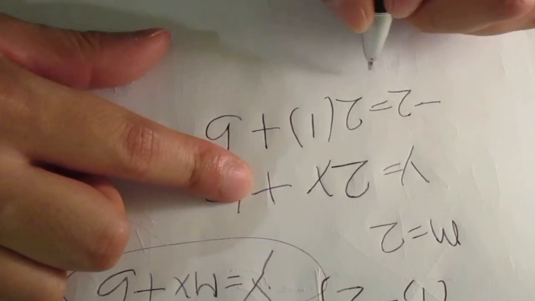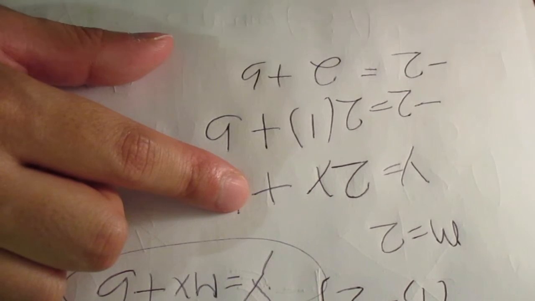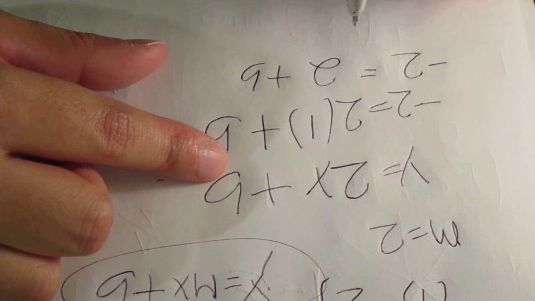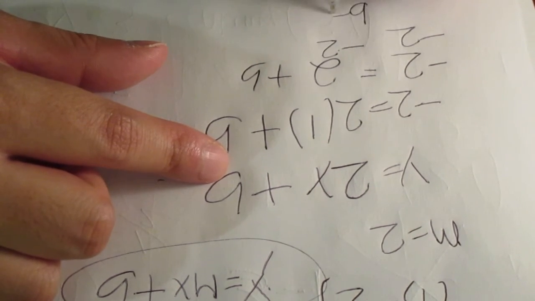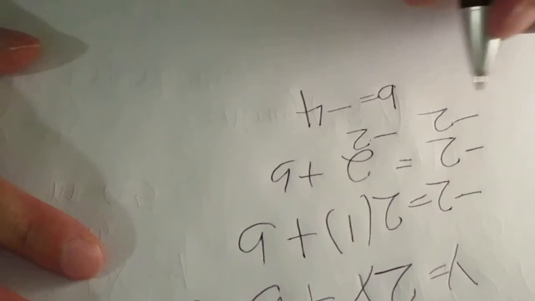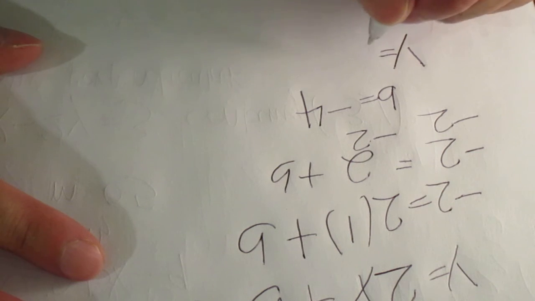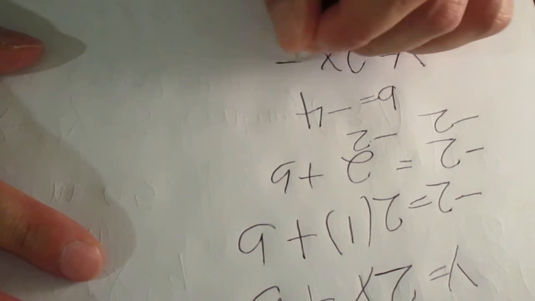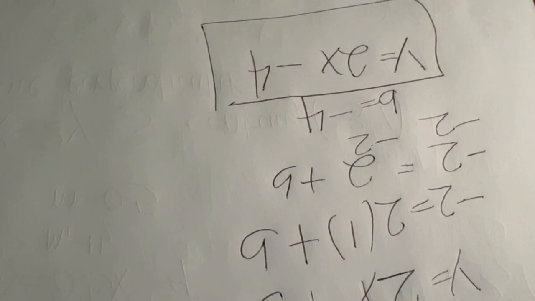If you do the algebra, that's 2 plus b equals -2. Subtract 2 from both sides. So our b equals -4. So our equation is y equals 2x minus 4. Okay, what about